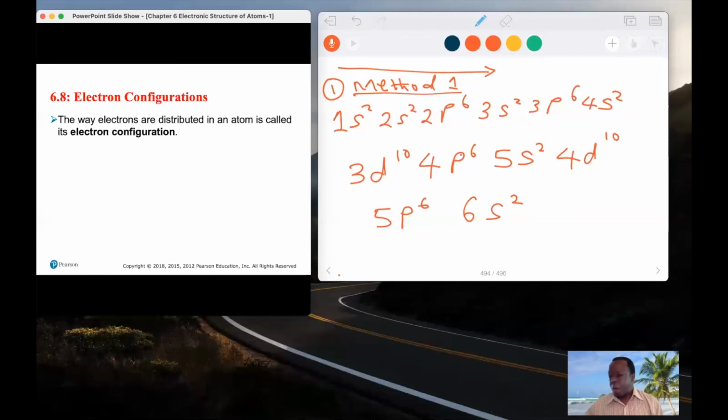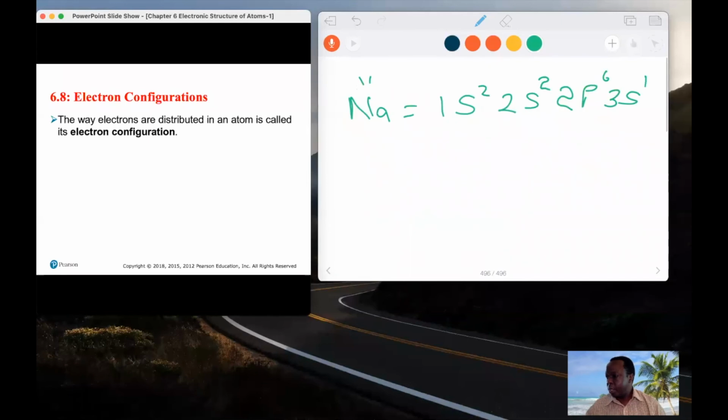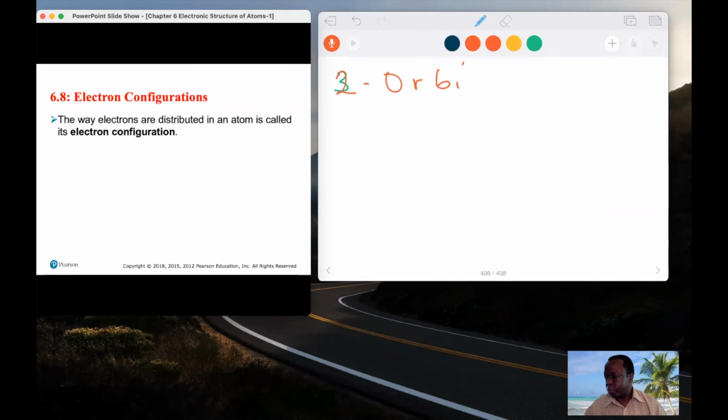This is the long way. You need to know this, all right, so that you can write the electron configuration of an element. Method 2 here is the orbital filling diagram, which means